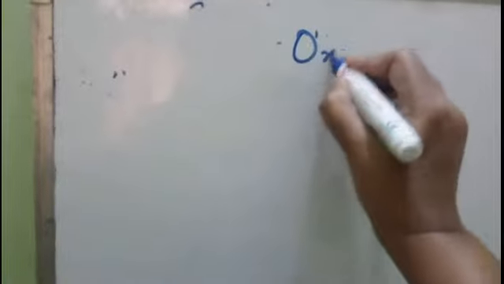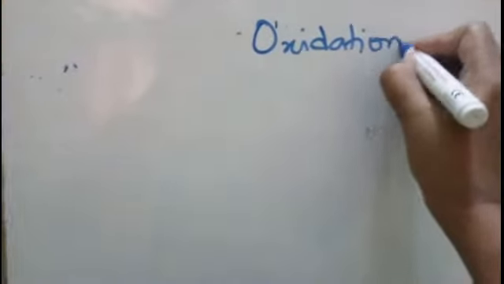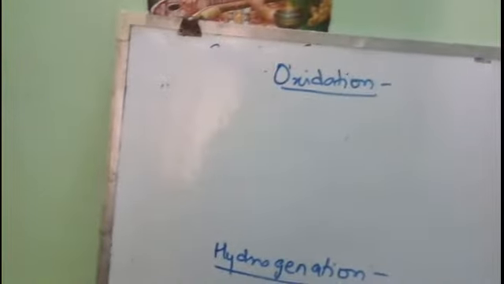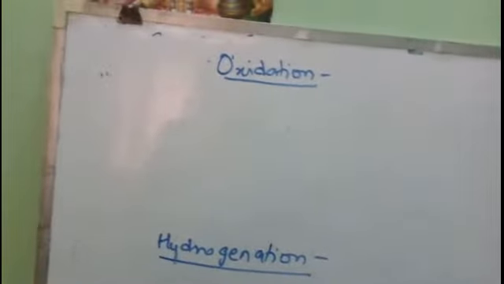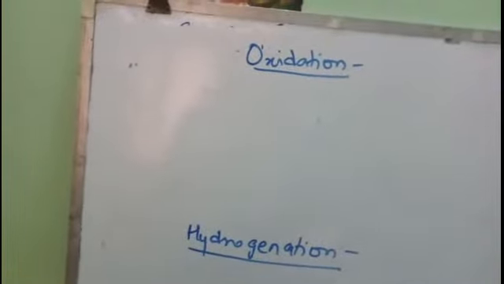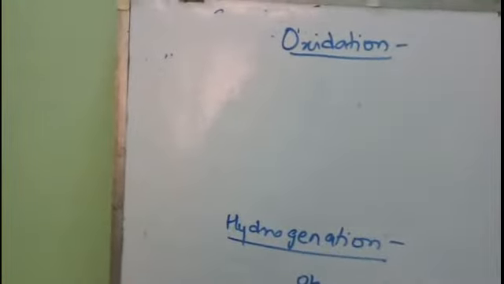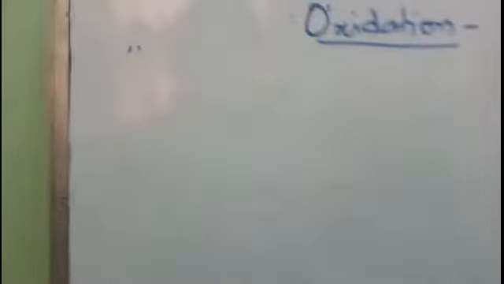Students, phenol is a colorless liquid, right? But when it is kept for a longer period of time in the presence of air, then what happens? Oxidation of phenol takes place, and due to oxidation of phenol, conjugated diketones are formed, which are known as quinones. These quinones are colored, they are pink or brown colored. Due to this, phenol will develop color over a period of time, and you will feel that phenol is pink or brown colored, but actually it is colorless. The color develops due to the oxidation of phenol. Right, let us see the reaction.